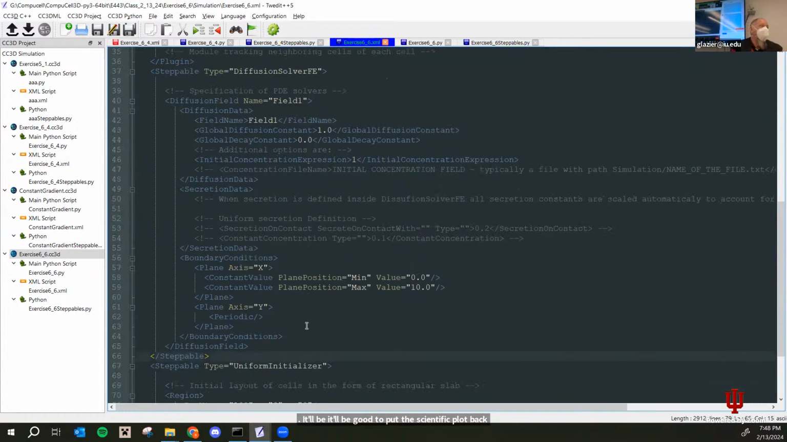So what I want you to do now is we're going to use the fact that we can have the diffusion constant be different in different places. So let's go to where we define the diffusion field. And let us make the diffusion constant in the cell be 0. So where you have diffusion data, let's see how we have to do this. I have to recall it, I think,